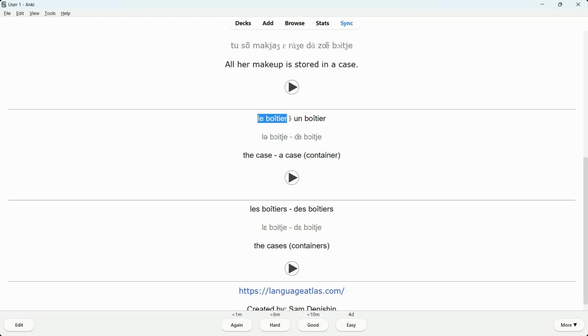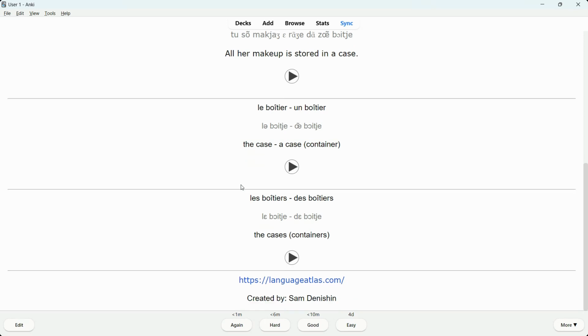Over here, we have the singular noun in its definite form and its indefinite form. Over here, we have the IPA notation. And finally, we have the translation. If you click on this, we can hear the audio. Le boîtier, un boîtier. If you look at the third area, we can see that we have the plural form,